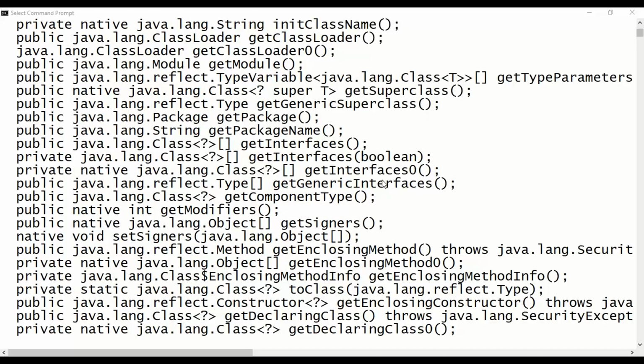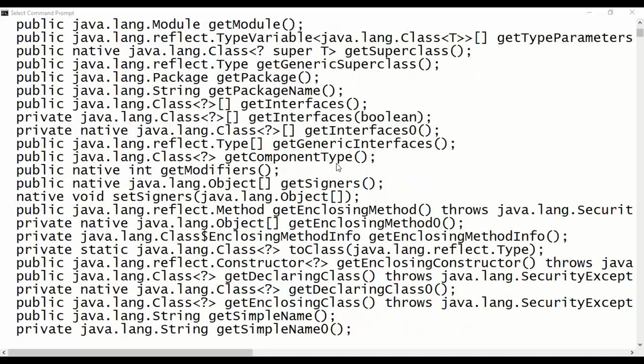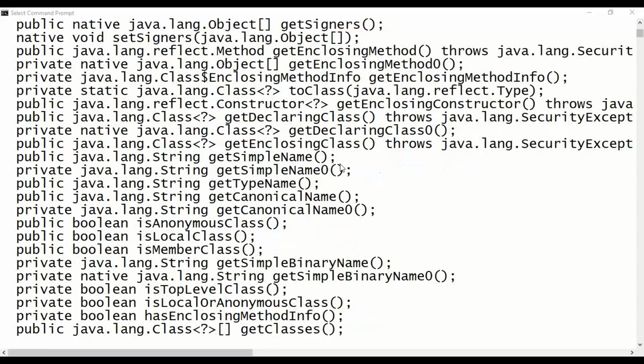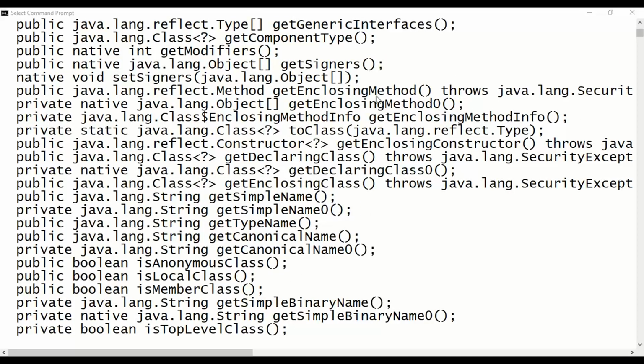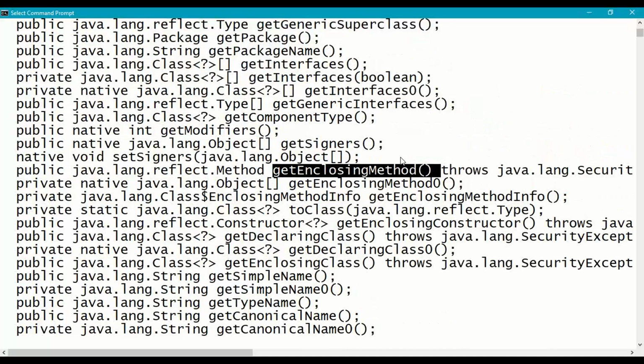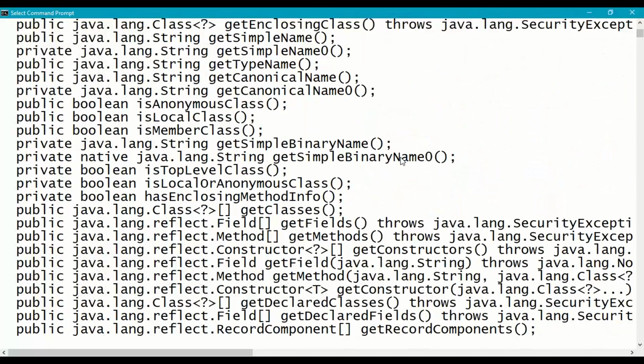These are the different methods which are available in Class, which is also a class. So we should have getDeclaredMethods. We have getEnclosingMethod, and similarly we should also have getDeclaredMethods. Right, so just come down.